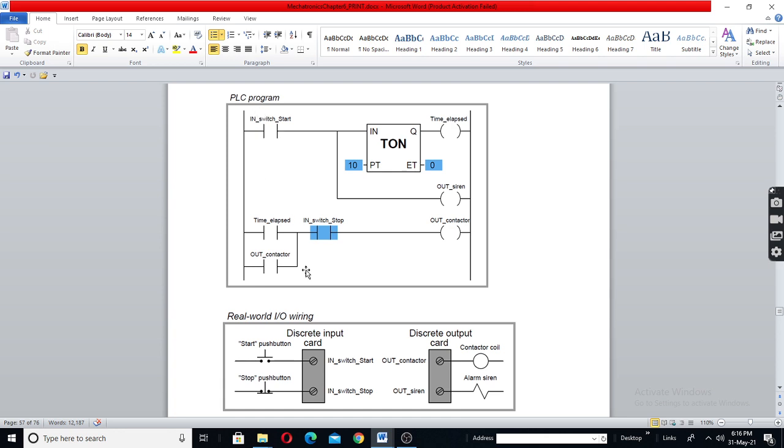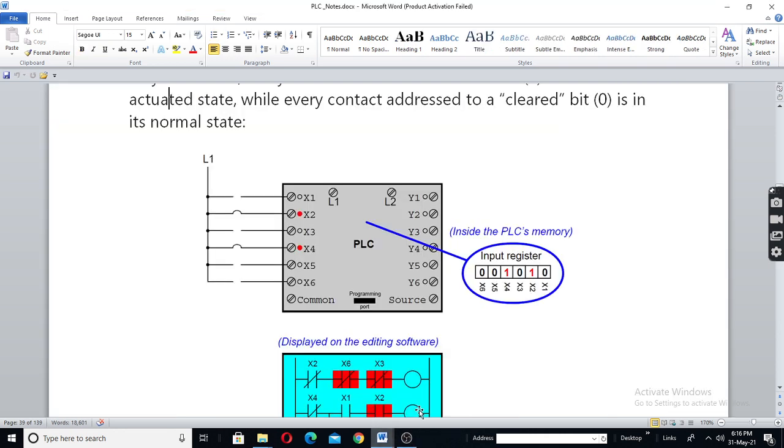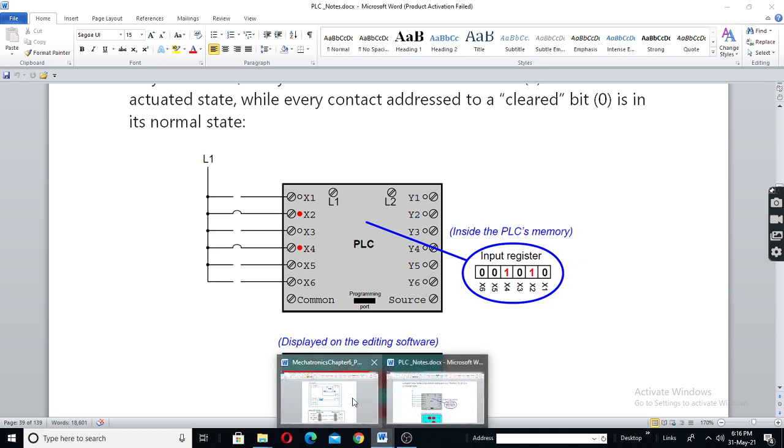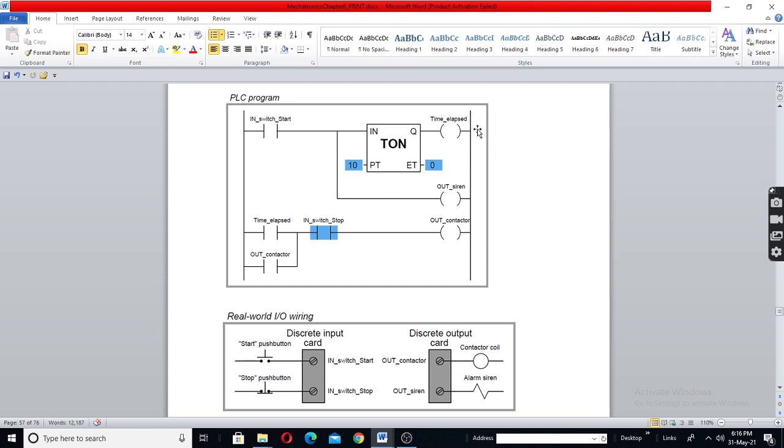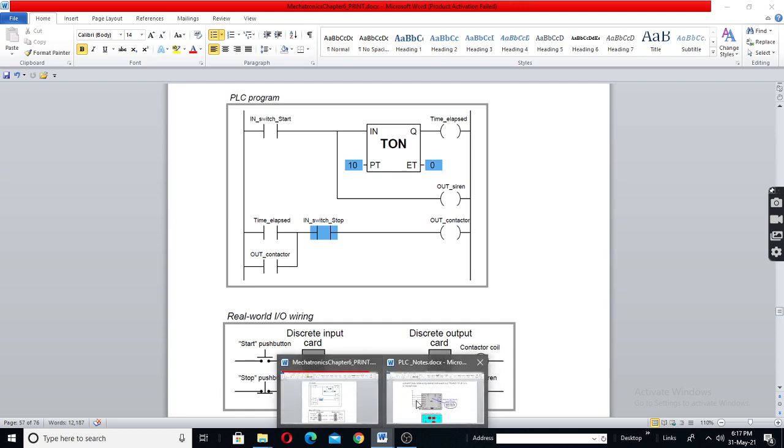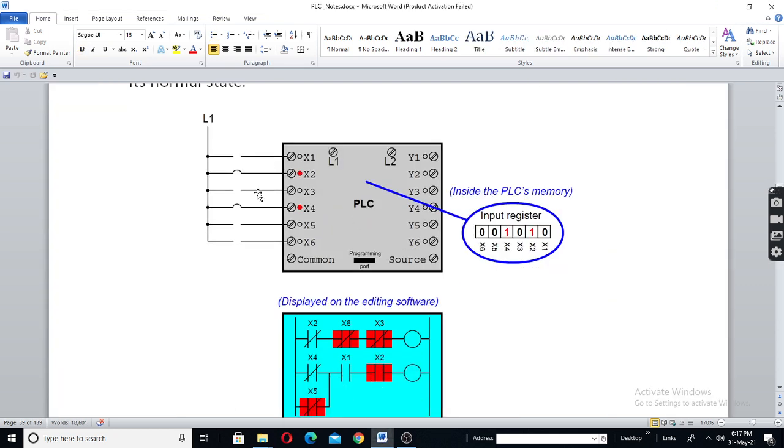Actually, you have to write X0, X1, X2, X3, where you have connected them. Similarly here Y1, Y3, Y5, whatever it is, instead of time elapsed and siren. Actual wiring, for example, will be like this: input to the switches. These have addresses.